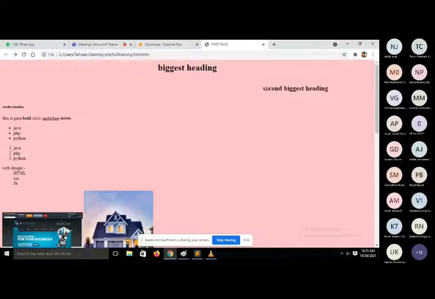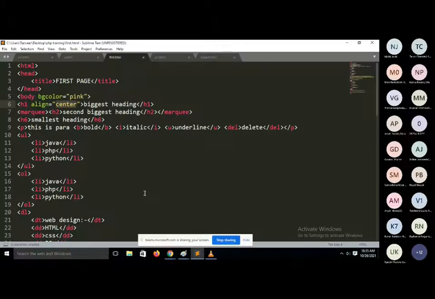I just want to control the direction and speed of this marquee tag. How can we do this? Inside the marquee tag, if you want to change the direction, then you will use the direction attribute or direction property. In direction you can pass either up or down.